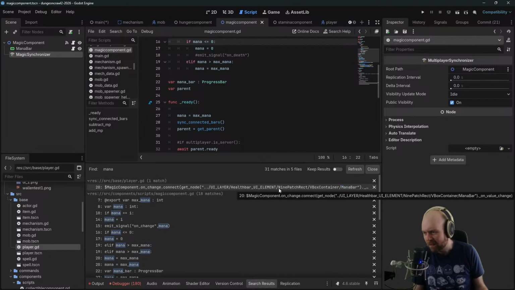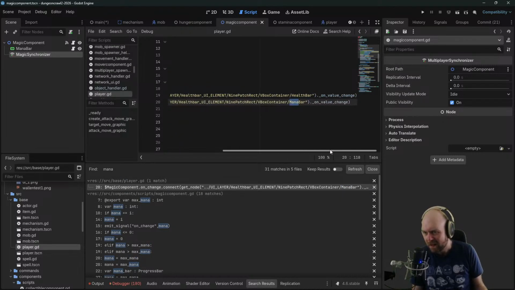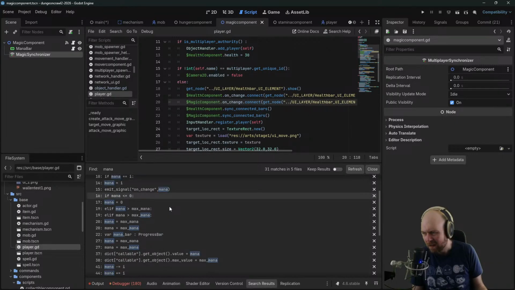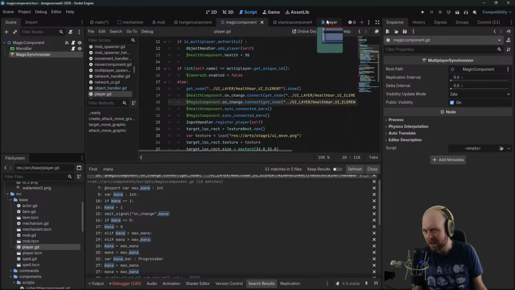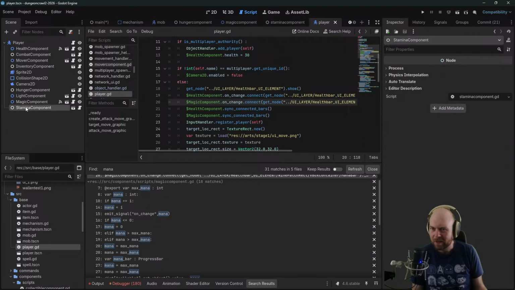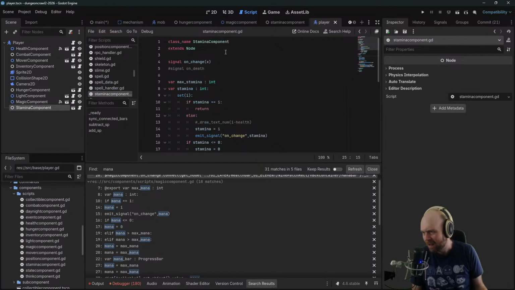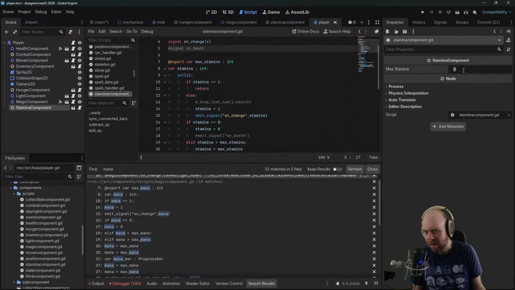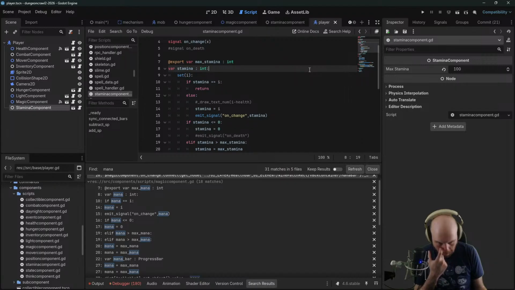How does it know that the default is 10? I didn't do that. Or did I? Let me check. Oh, I did. Well, I shouldn't have removed that from here. Let me just re-add it then. And then we will just have